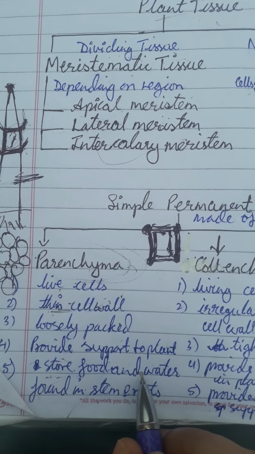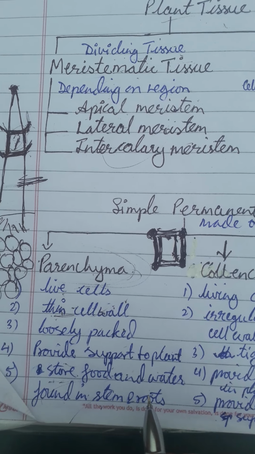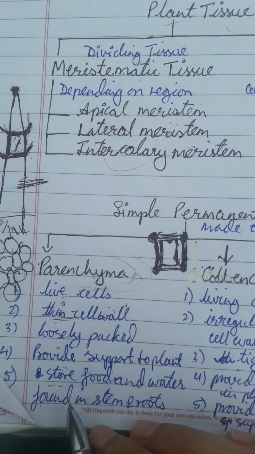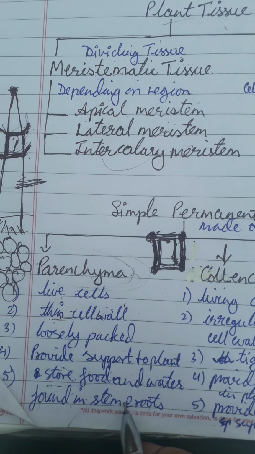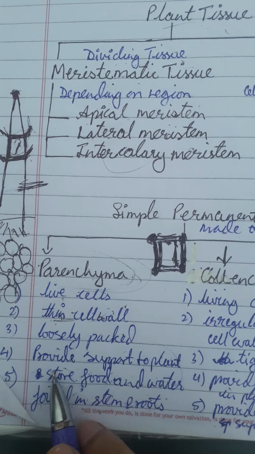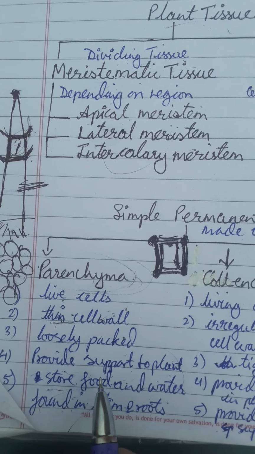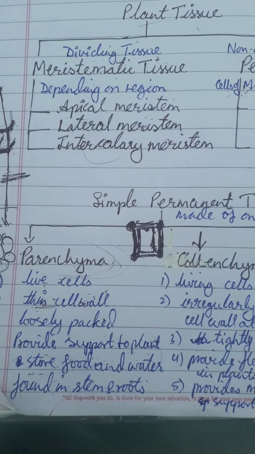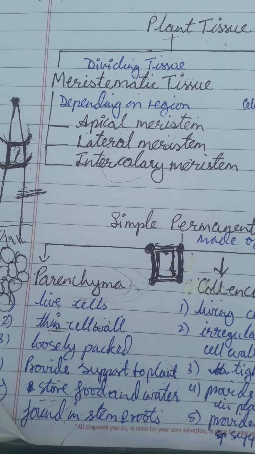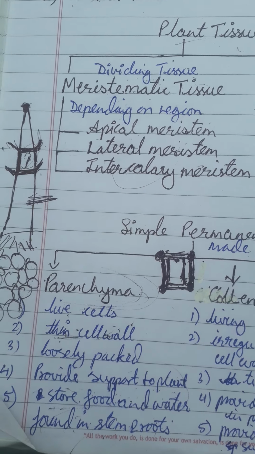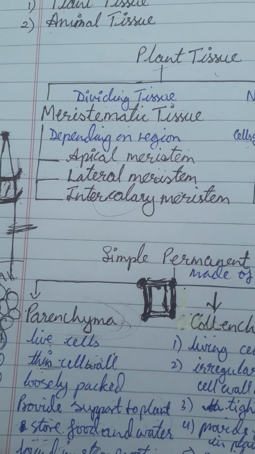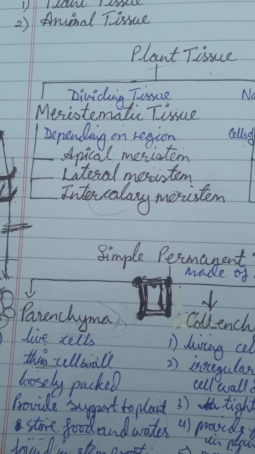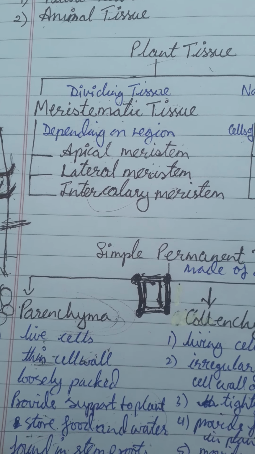Okay. Now, where is it found? It is found in the stem and the roots. Clear? See, over here it is written that it is found in the stem and the root, because here we have seen the function: it stores the food and water. Now further, the parenchyma tissues are divided into two types. It's written on the second page. You'll see over there. It is of two types: chlorenchyma and aerenchyma.